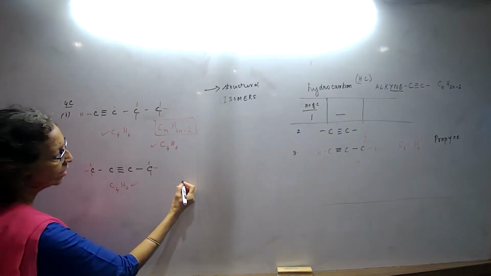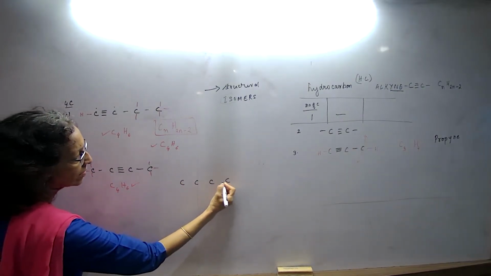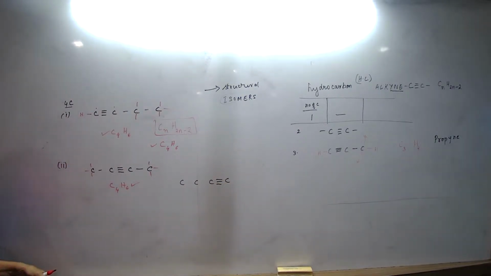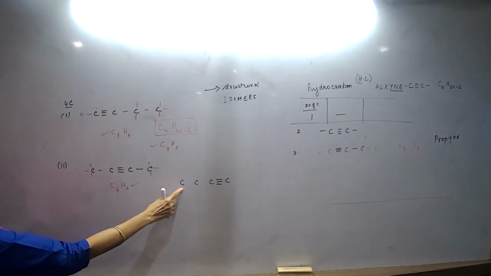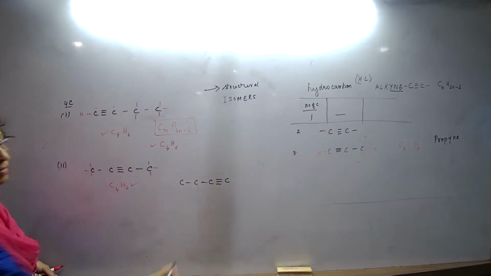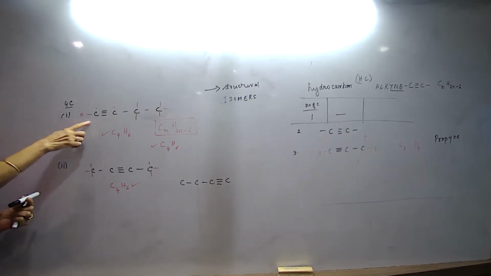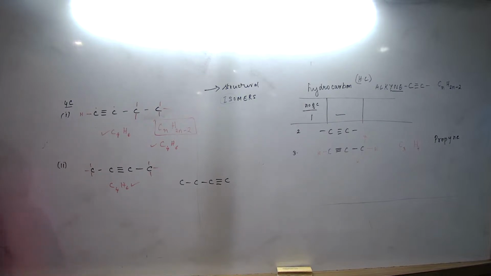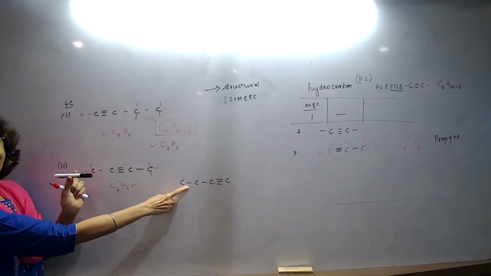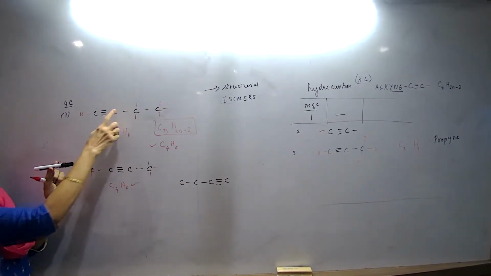Now, I am giving you another option. Can we have this? Yes. Is that possible? Yes. Is this structure different from this structure? Yes. Now, all of you look at me very carefully. Imagine I've got 4 carbons here. 1, 2, 3, 4. In the first structure, I have put a triple bond between the first and the second. What if I change it like that? Does it become this structure? So this structure and this structure is the same.